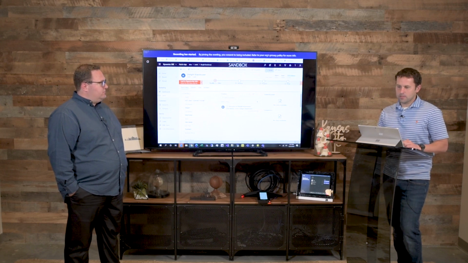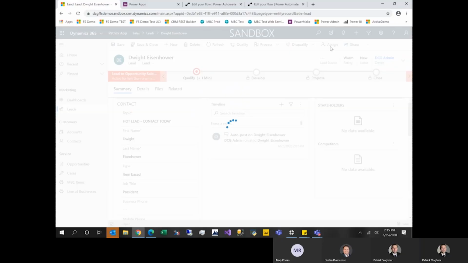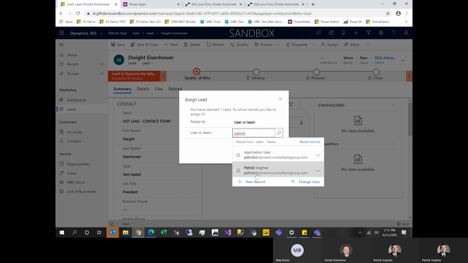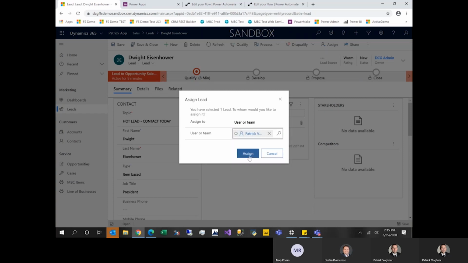For sure. So assigning this lead, so not to me, I want to assign it to a user, and I'll assign it to my other me. And once I hit this button, lots of things are going to happen. So I'm going to switch my screen over to my phone, and I will share that. So when I click this button, this assignment will trigger a flow that will then go through a few steps to validate what's going on here, collect some data off of the form, and send that directly to my cell phone, both in text and in Teams.